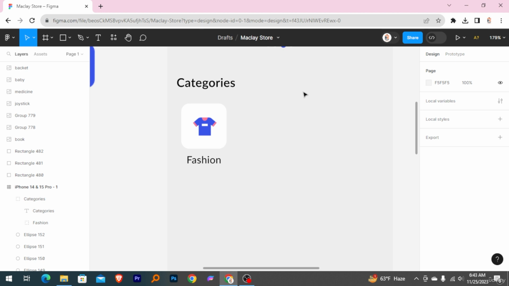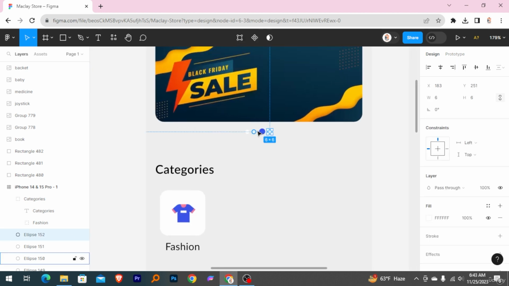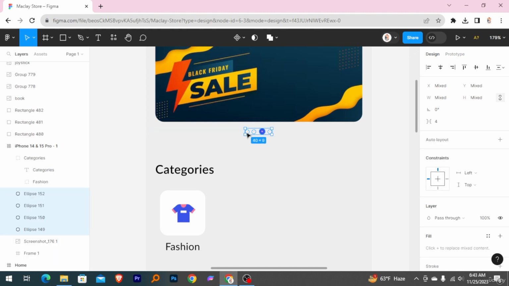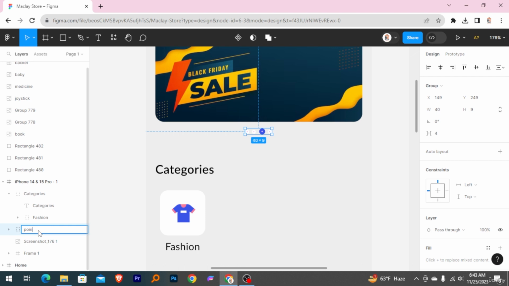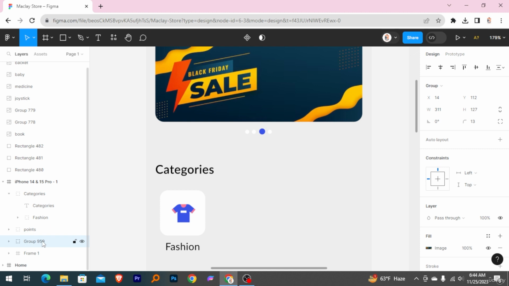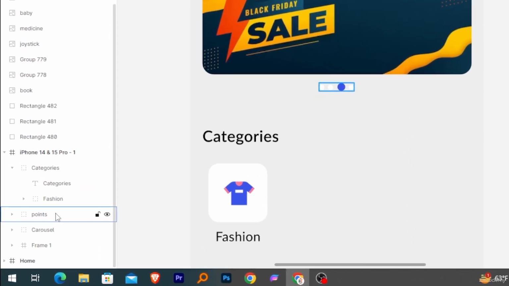And also I'm grouping those things that will be points, and this will be carousel. Now we are going to place the points in the carousel group,